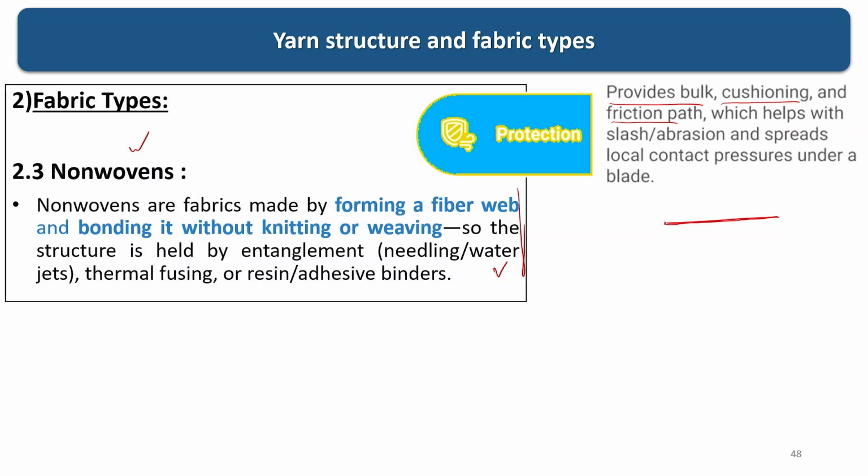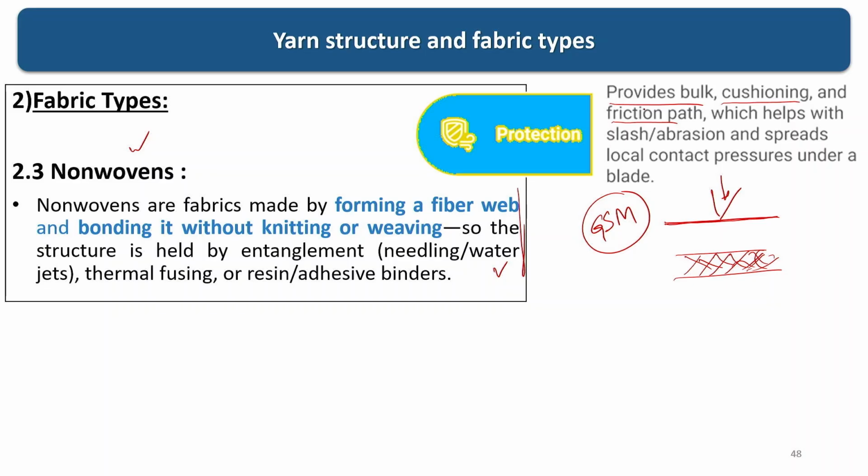In case of knitted or woven fabric the thickness is less for the same GSM, whereas in case of non-woven we can produce a thicker web for the same material. So, thickness is more. So, in cutting with a sharp object like a knife,